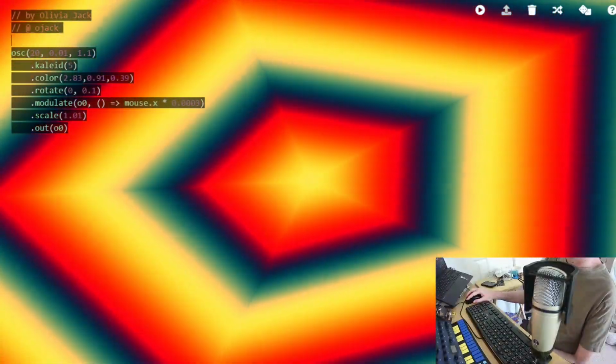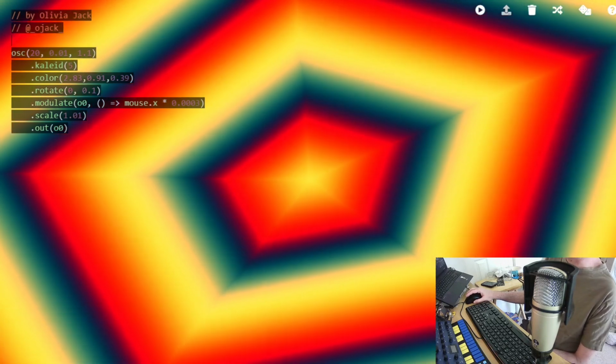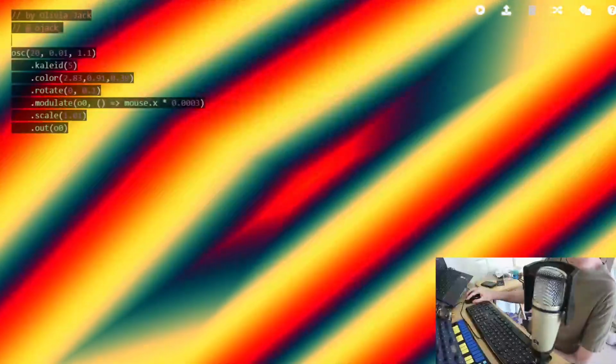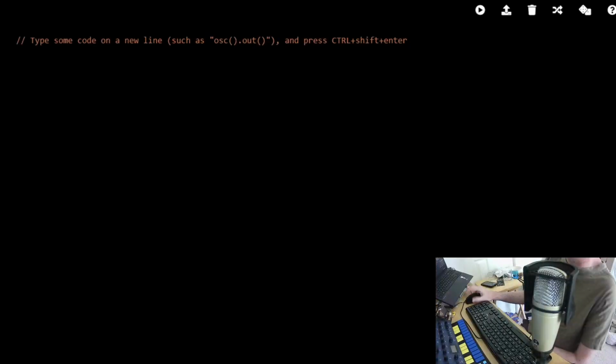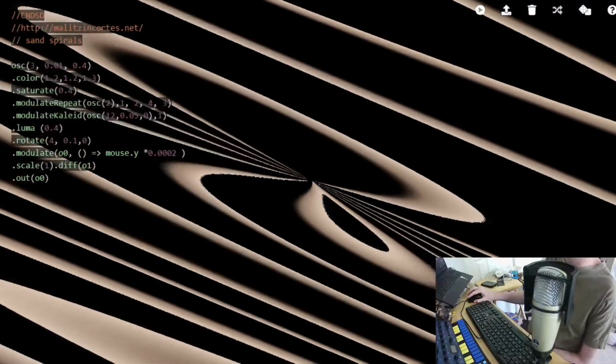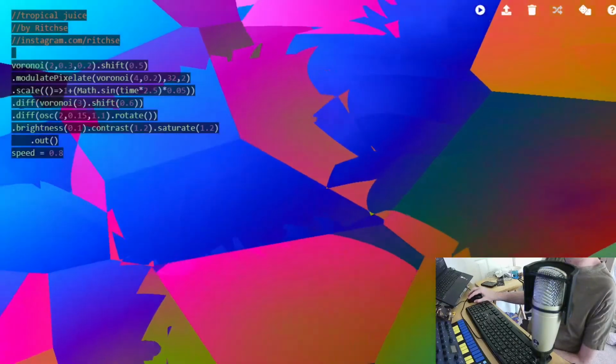You can upload a creation to the gallery, that's a shared gallery that actually goes to Twitter, and you can share your creations on Twitter. The trash can, which dumps all the code and shows you a blank screen, a blank slate to start from. There's also this random button where you can see somebody else's creation. So if you click on random, you can see all the different kind of visual creations that people have done